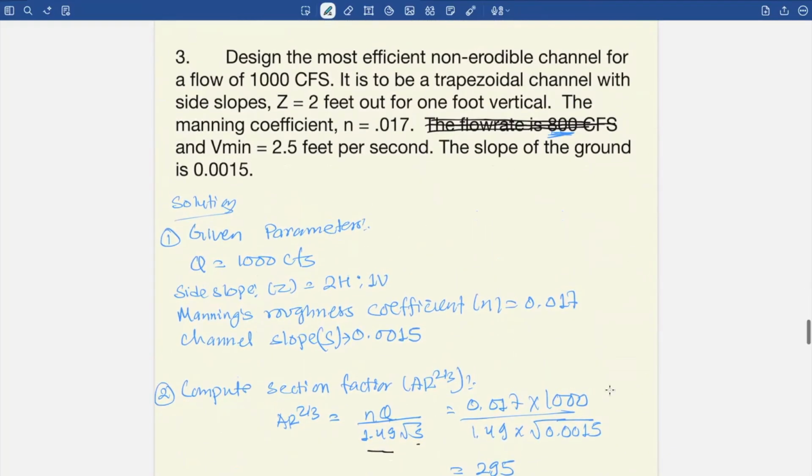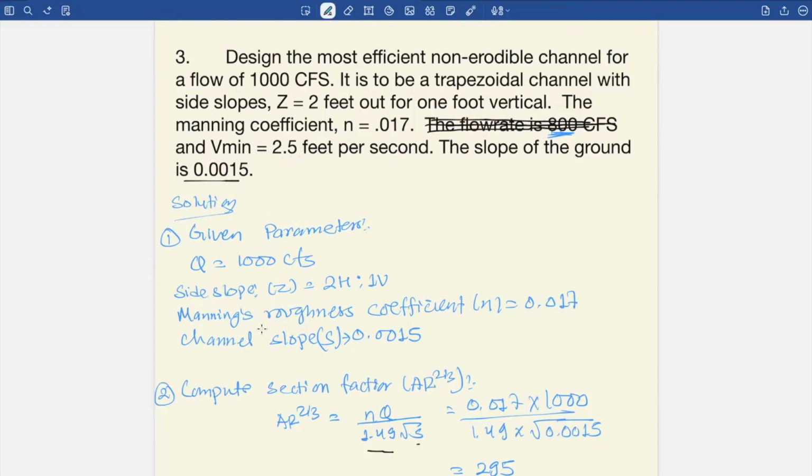And now let's jump into question number 3. It asks us to design the most efficient non-erodible channel for 1000 CFS, trapezoidal shape, side slope Z is equal to 2 feet horizontal to 1 foot vertical. And the Manning's coefficient n is equal to 0.017, and our minimum velocity is 2.5 feet per second, and our slope of ground is given as